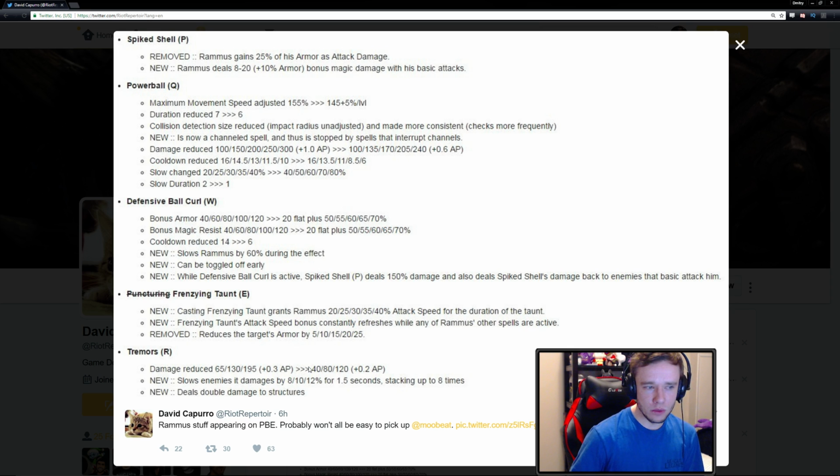The damage has actually been lowered, which makes sense. But it now deals double damage to structures. So the way I see this now is he's a bruiser, because all you do is you Q them. It has a huge slow, boom, you're pretty much guaranteed to land the taunt, right? You land the taunt with a W on, they deal no damage to you. You deal a shit ton of attack damage to them because of your passive and your W combination with the 150% increased damage. They're dealing a lot of damage to them also because you're taunting them and they're attacking, so